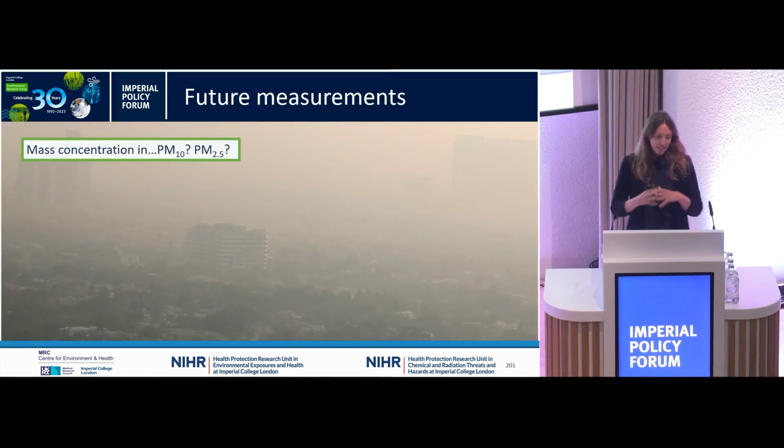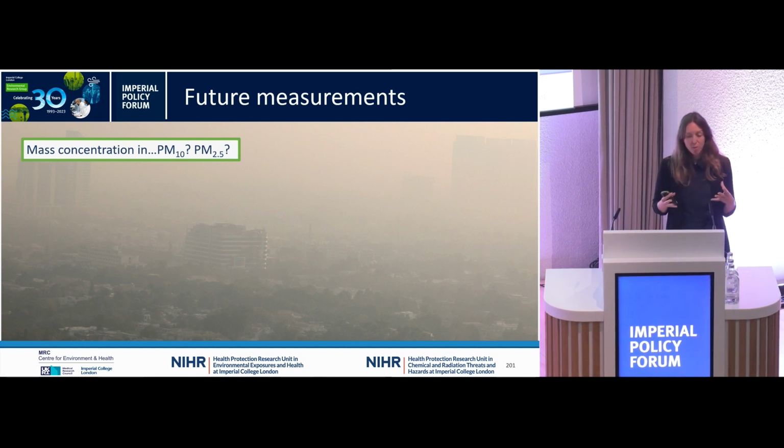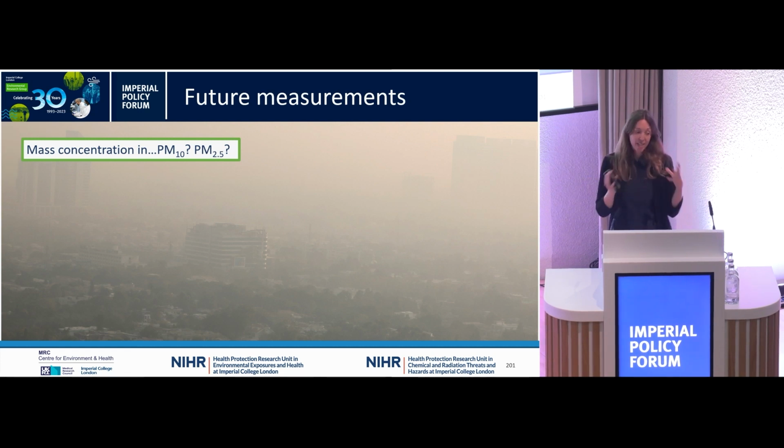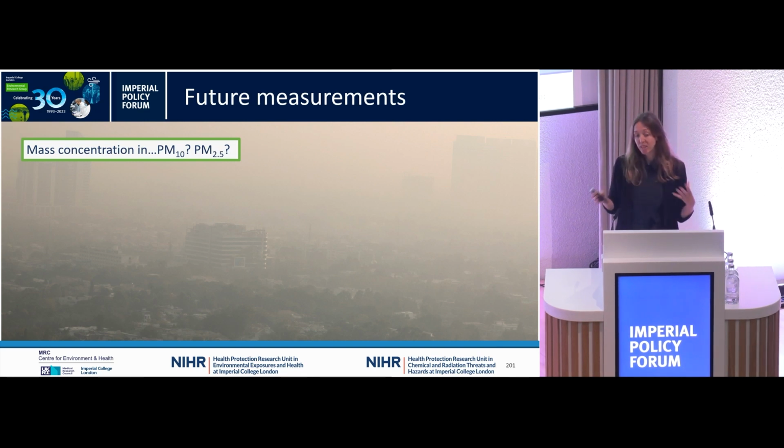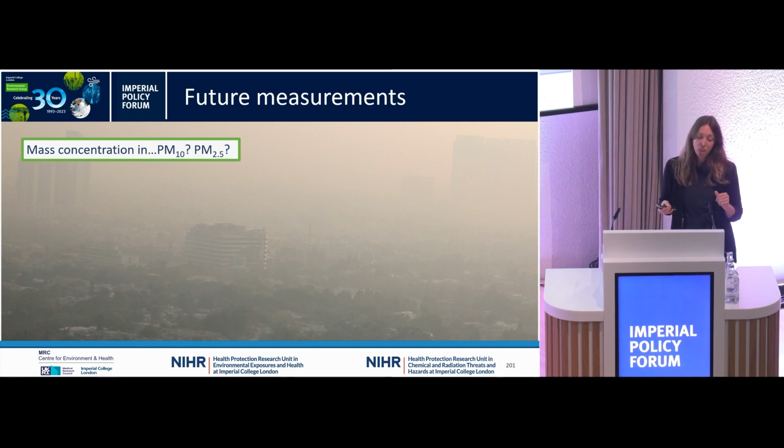So that's kind of where we got to, and as I say, we noticed some limitations with the method. It was also quite low throughput, and whilst you collect large data sets, so those chemical maps or images literally would contain 1 million spectra in a data set, so it's high throughput in that respect, it took a long time to collect that data. And so really for scaling up, for monitoring and aligning to the types of studies we wanted to do, it wasn't going to be a practical solution.